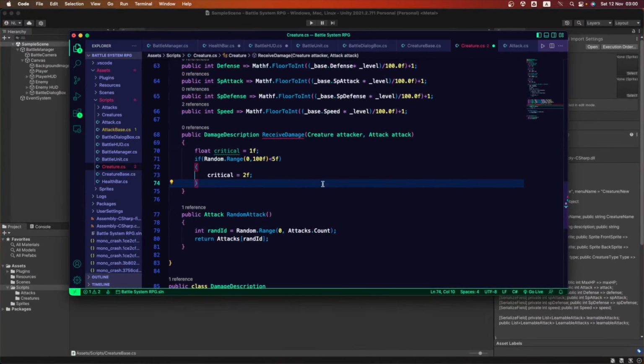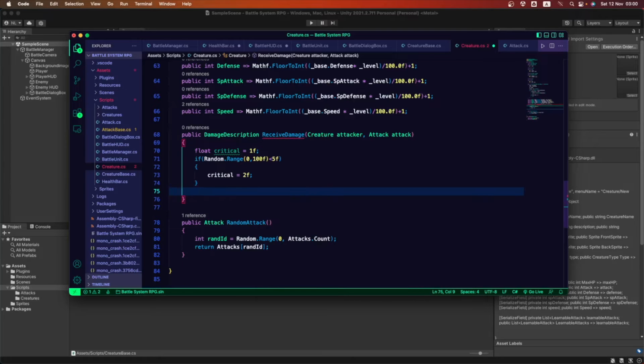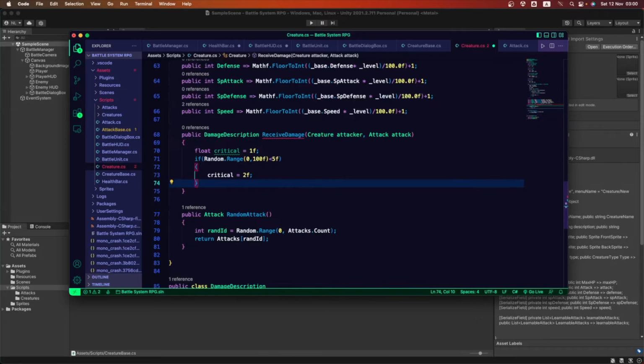So let's go back here. Now we understand why we're creating this critical one. The critical is a value that is decided. We throw some type of dice. We want to get some type of random number between 1 and 100, and if that number is more than 5, then that attack is gonna be critical. So that's where this is coming from, to make some sense to it. So there it is, the first thing.